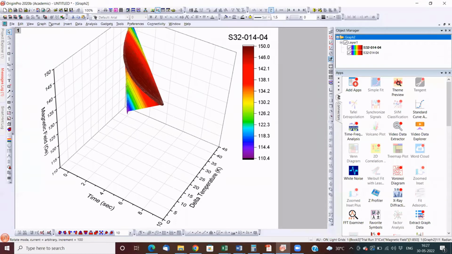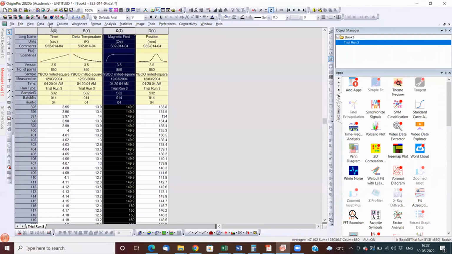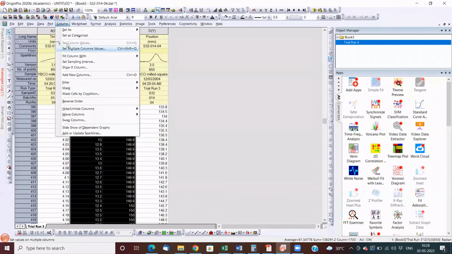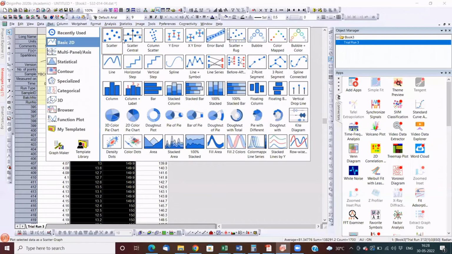So I'll go to plot, and let's say I'll select XY error, or maybe I can select this line as well. Okay, I'll select line here like this. Okay, if I do zoom in over here,